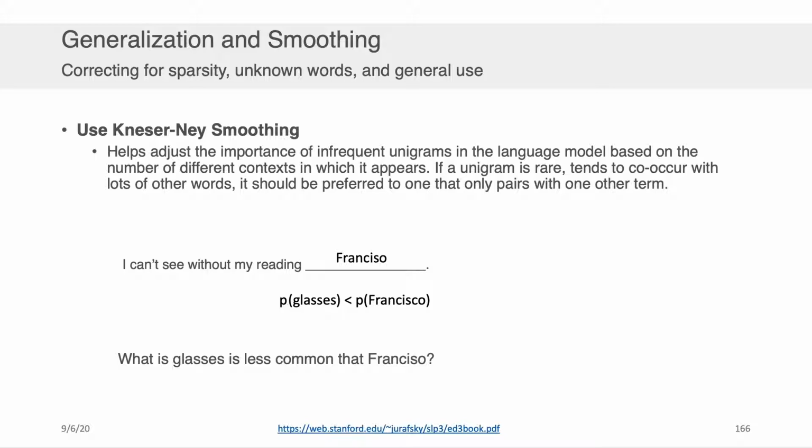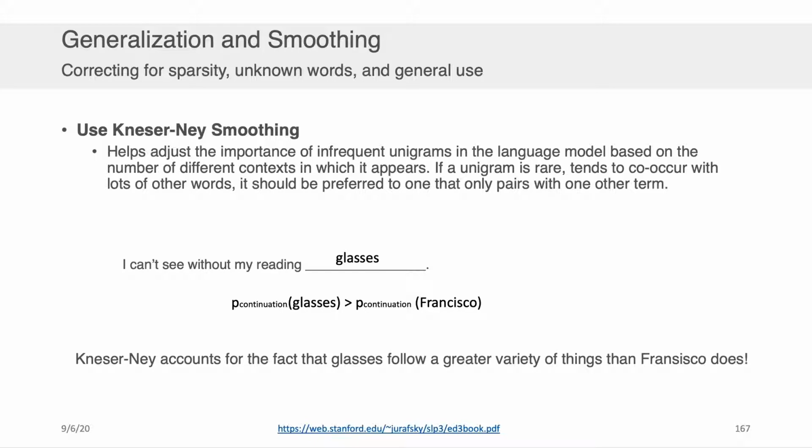If we wanted to address this, however, we could say, hey, let's think about the total number of words that tend to precede the word "Francisco" and the total number of words that tend to precede the word "glasses." So "sunglasses" might occur, "reading glasses" might occur. But "Francisco" is probably only going to be preceded by maybe the word "San," for San Francisco. And so this probability of continuation, basically how many words before the word "glasses" exist that map back to "glasses," the Kneser-Ney helps account for that. It adjusts that probability and you'd fill in this blank accordingly.